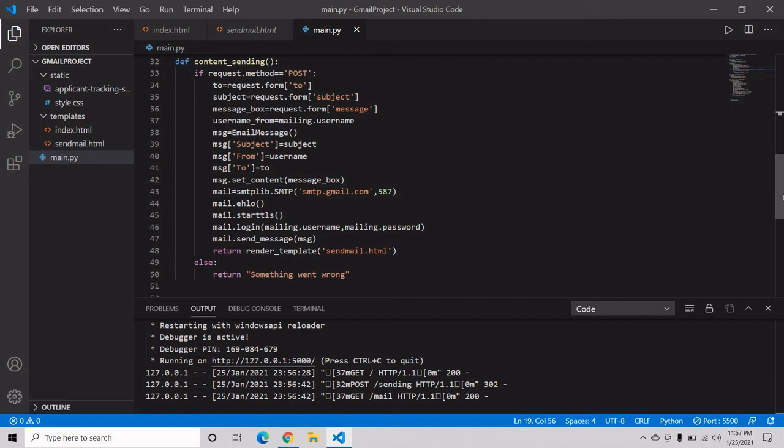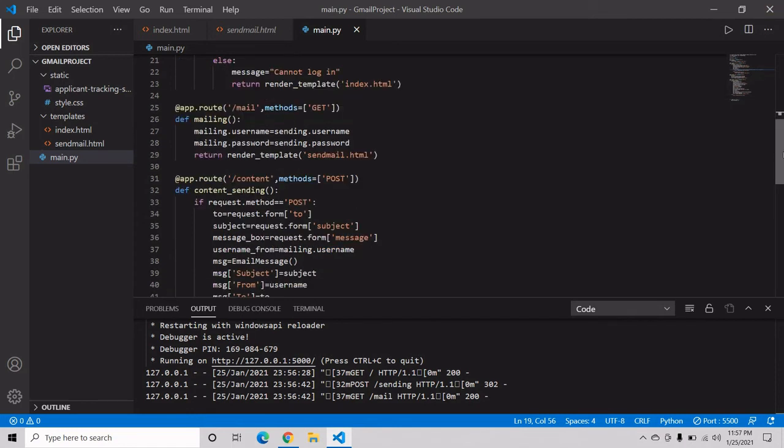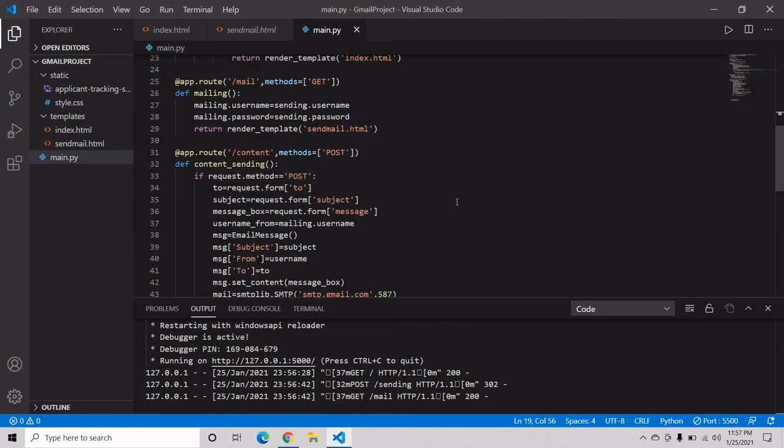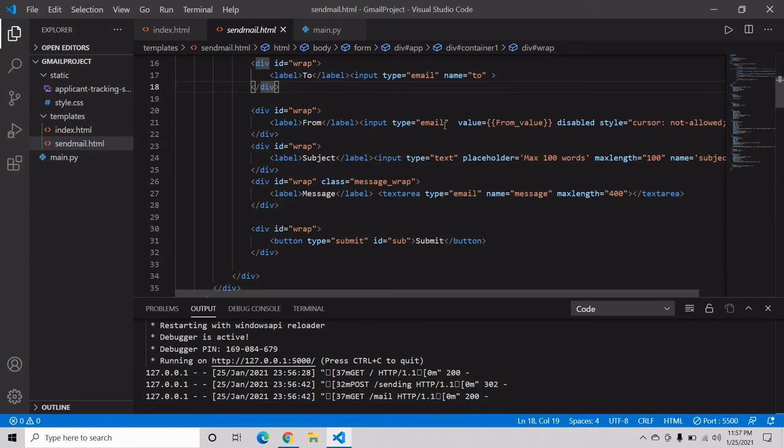Okay, in this function we have to pass our, now see, in our from we have a value with our variable, so we have to insert our username in this variable in our HTML page.